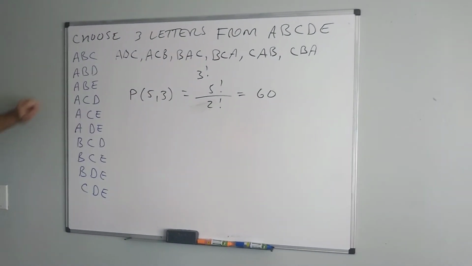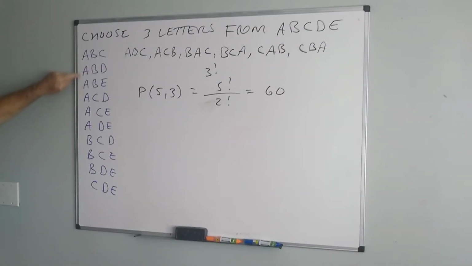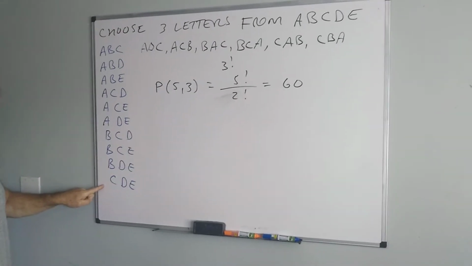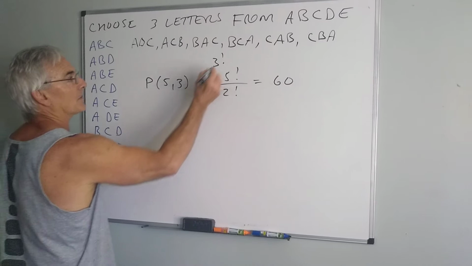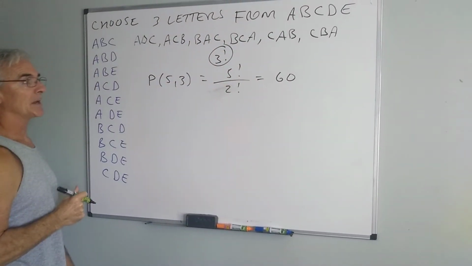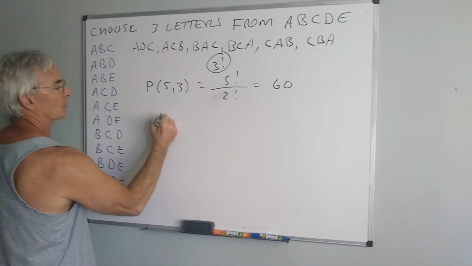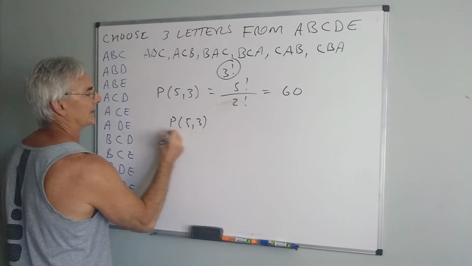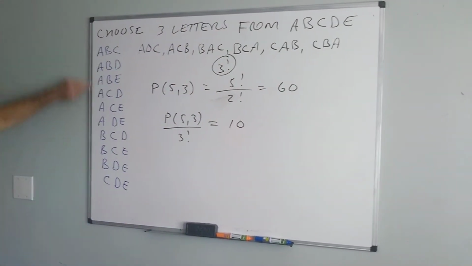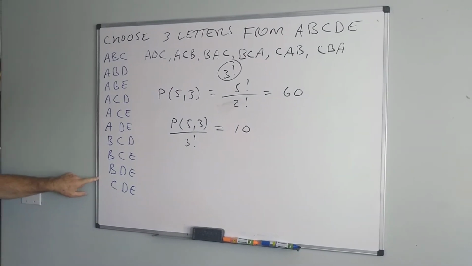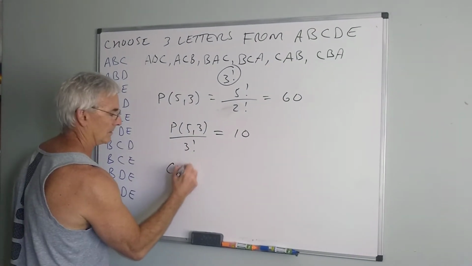But if I'm only interested in the choices where I choose the 3 letters but I do not put them in order, then it means that number is way too big. In fact, the 3 factorial is how many times I've actually overcounted it. So if I said 5 choose 3 over 3 factorial, that would be my 10 here. And that gives rise to a different formula called